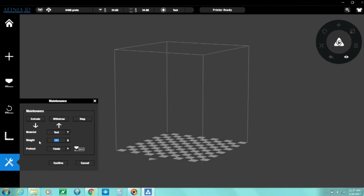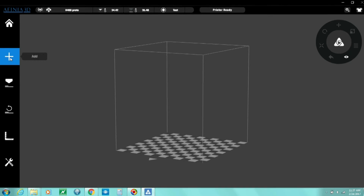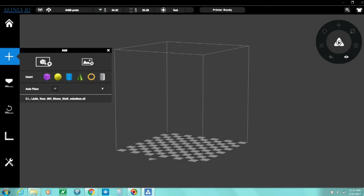The weight of the filament, we just type in a value here. I'll put in 500, and then preheat. You can do this for 15 minutes up to 60 minutes, and just by clicking the heat button here, you'll see that it starts to change colors, showing that it's heating. And we will click confirm, and we'll go into add,